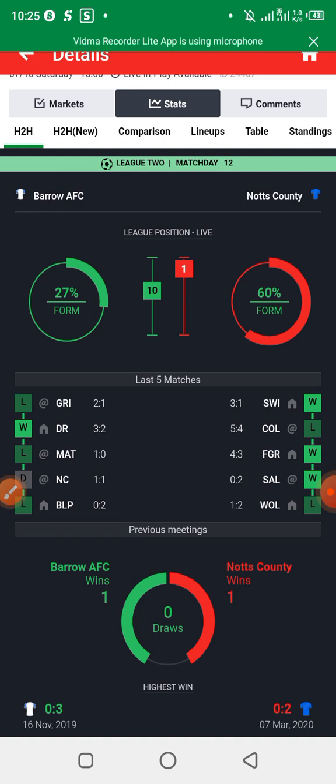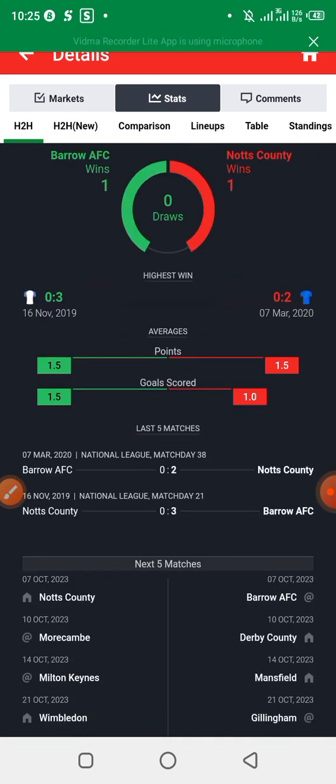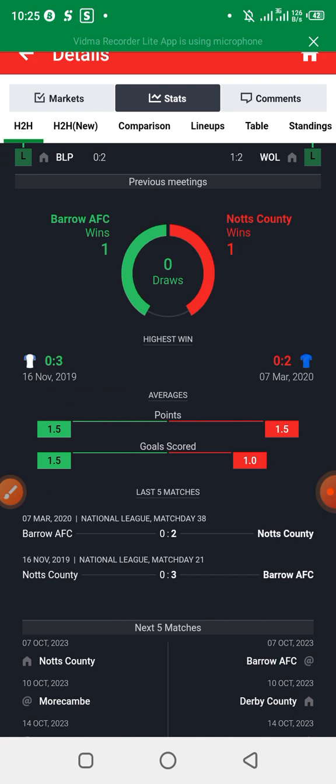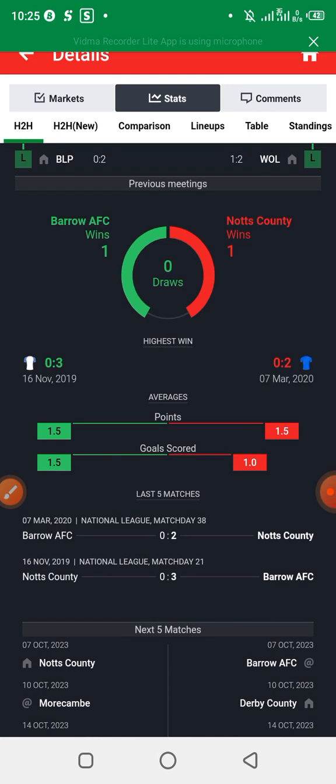So there are three things you need to look into: the form, the goals scored by these teams, and their previous meetings with each other. One thing you also need to notice is that for the team you want to base your home or away prediction on, make sure that in their last previous games they don't usually end up in a draw. For example, let us compare the game of Manchester